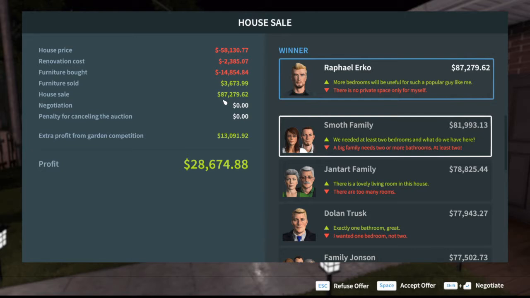The bloke who's buying it, this Rapal Urkel, or whatever his name is, who's not happy because more bedrooms will be useful for such a popular guy like me. He thinks he's all this. So we'll then minus the 87,279.62, which is what he's buying it for, which gives us, not too bad, it gives us a profit of